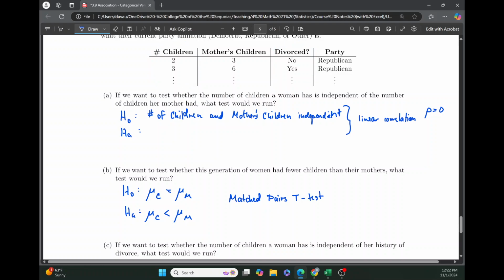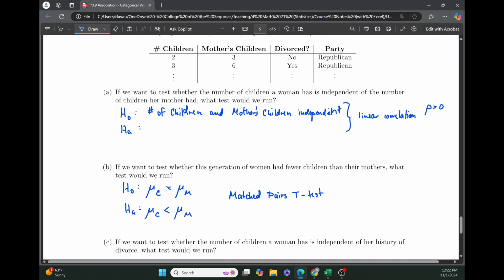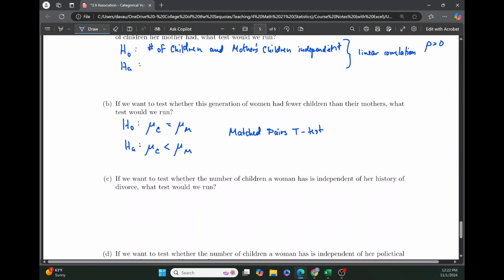But since there are only two categories here, it's going to be a two-sample t-test. Okay, so we would state the hypotheses in terms of independence, right? We would say,